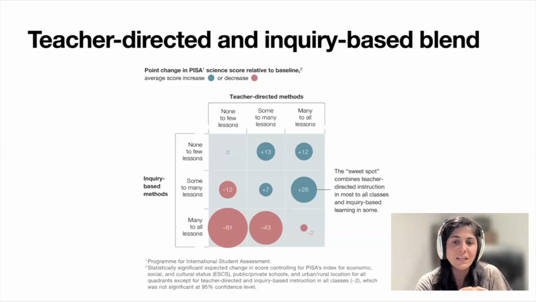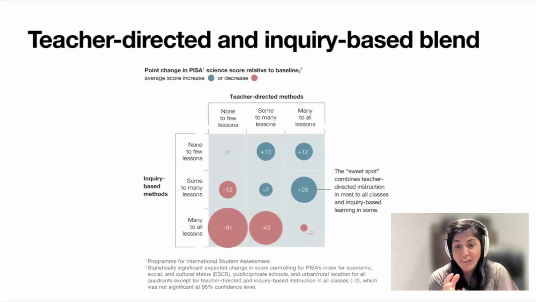If you look at the data collected across dozens of countries here, you'll see that countries that do a lot of inquiry-based learning generally perform poorly on international tests of achievement. The red bubbles are below baseline, while the aqua-colored bubbles are above baseline. Countries that use teacher-directed methods tend to do better on the PISA assessments, and countries that use inquiry-based methods tend to do worse.